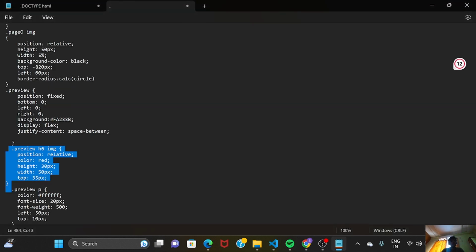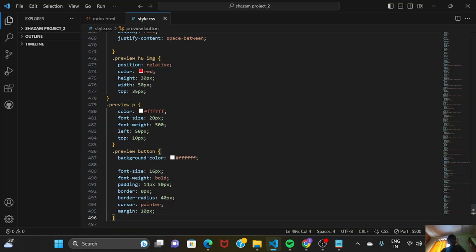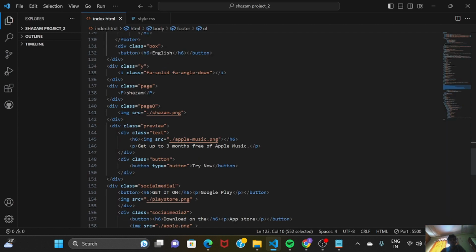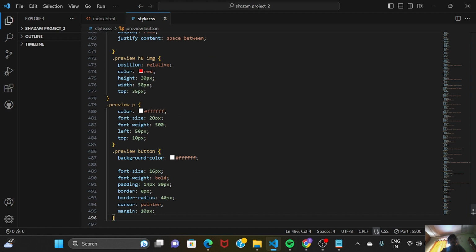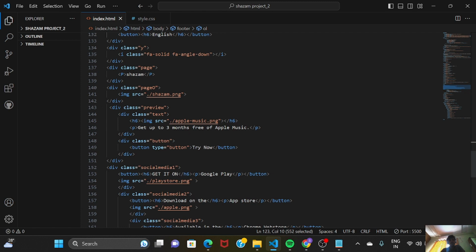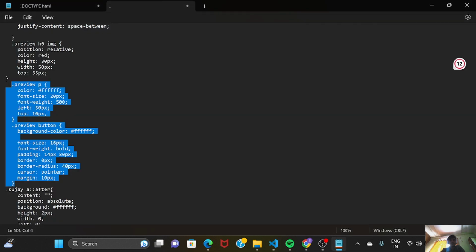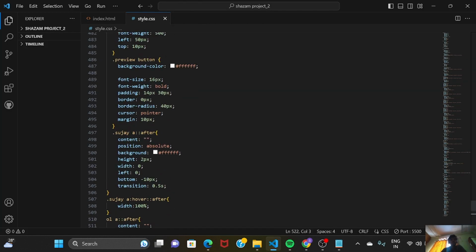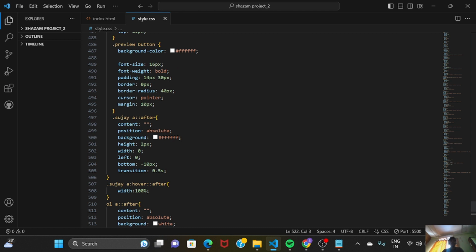Coming to the next part, here we have taken dot preview p and dot preview button. Dot preview p represents the content paragraph inside that preview part. Dot preview button represents the button placed inside of it. Here is the preview button. So going to next. After the preview button, we've taken dot Sujay a after and a hover after. So these parts can represent the content after the